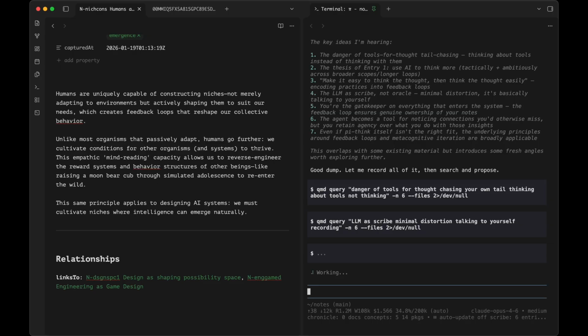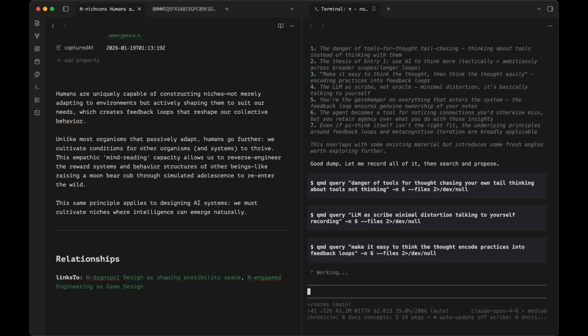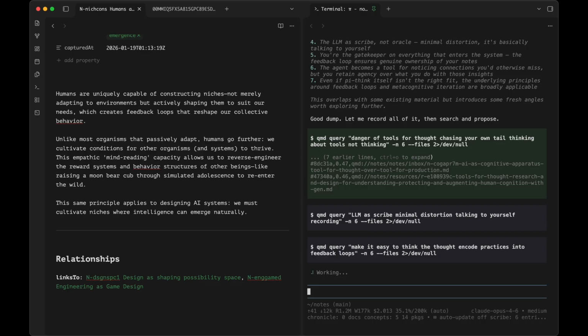So you can see here what it does when it digests a new piece of information. It's going to have a little bit of a look for anything related before suggesting any new notes. And this is what sessions look like. You just do this ongoing. I usually do a couple of these a day, but the point of the recent command is that you can make it fairly easy to pick it back up even if you forget what it was you were going on about last time.